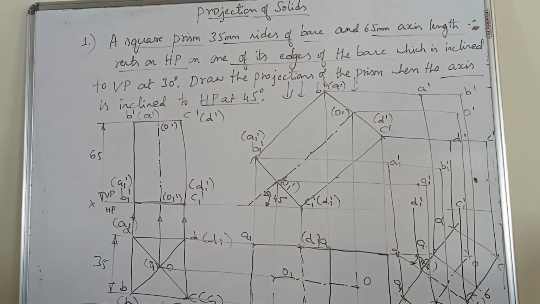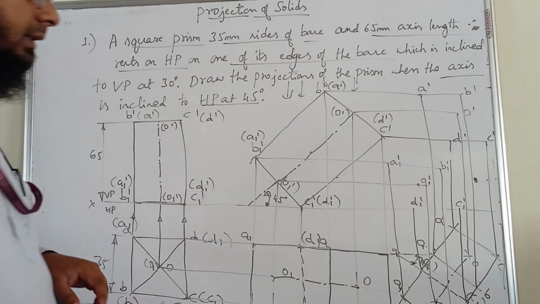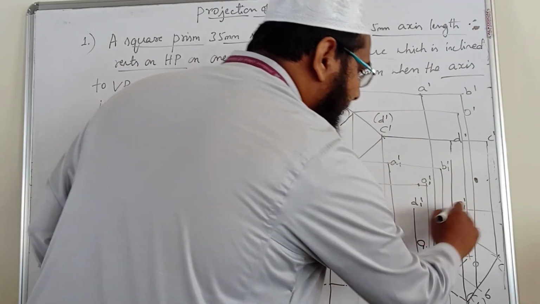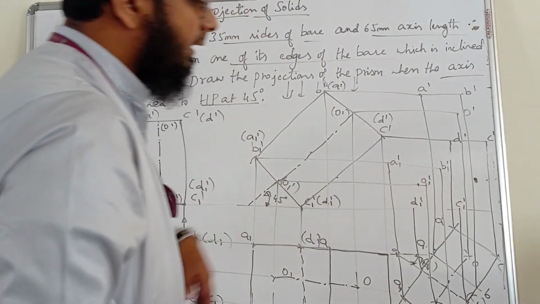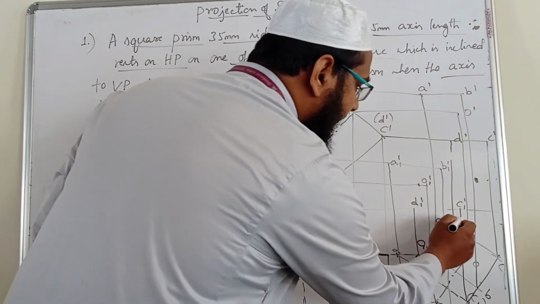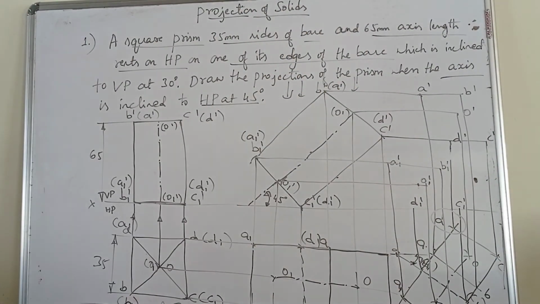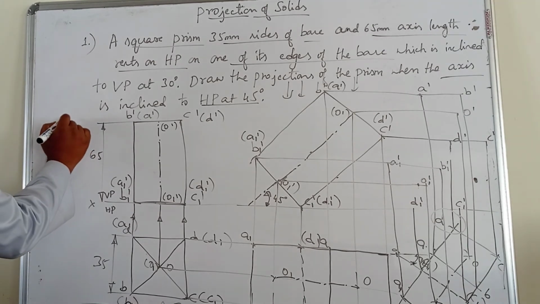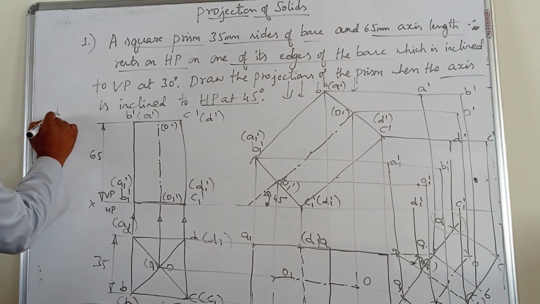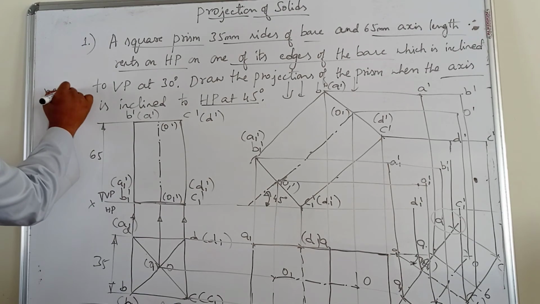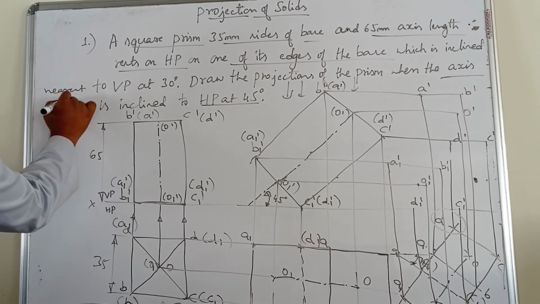Now, for writing the final position, we have a concept here. We have to see the nearest point to the XY line. So this is our XY line. The nearest point to the XY line is D here, correct? You can see that D is the nearest point. So the nearest point is D.